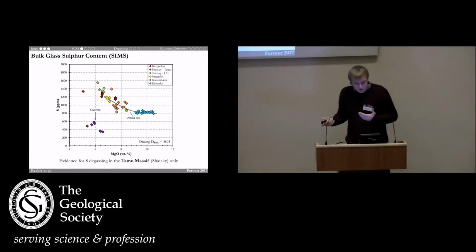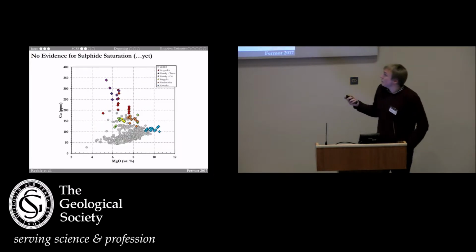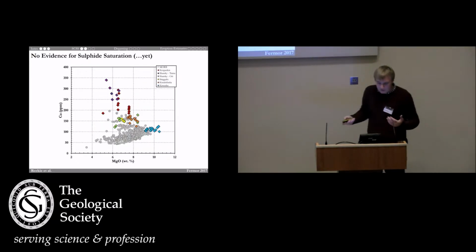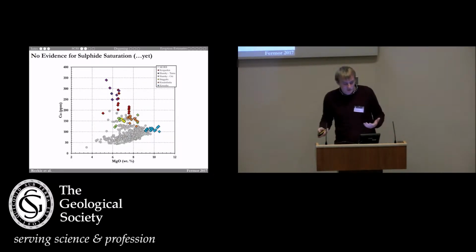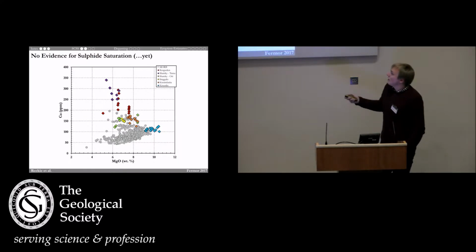So I first look at evidence to see if there's any sulphide saturation in these samples. So we look at copper as a sort of first-order indicator of sulphide saturation. Of course, copper is chalcophile, it has a D into sulphide liquid between about 900 and 1100. And what you can see is that copper, taking the group as a whole, ramps up fairly